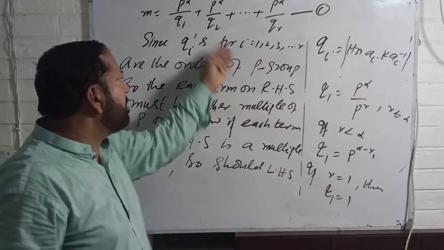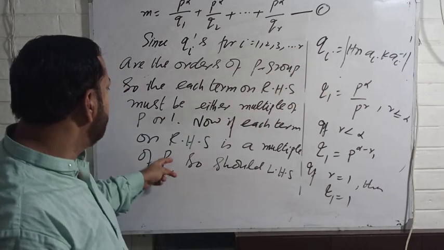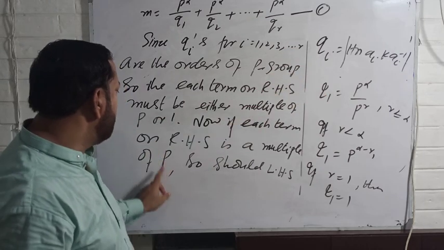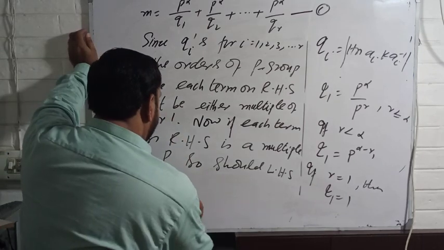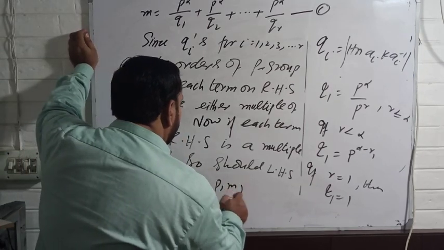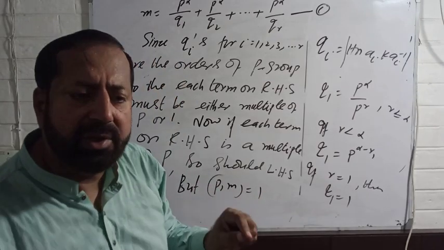If each term on the right side is a multiple of P, so should the left hand side. But P and M are relatively prime, so there must be at least one